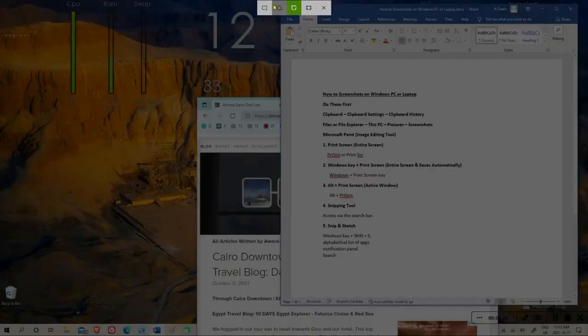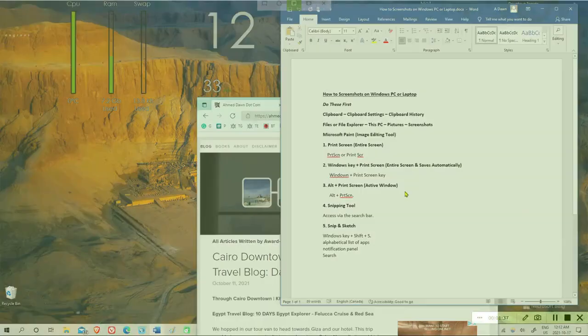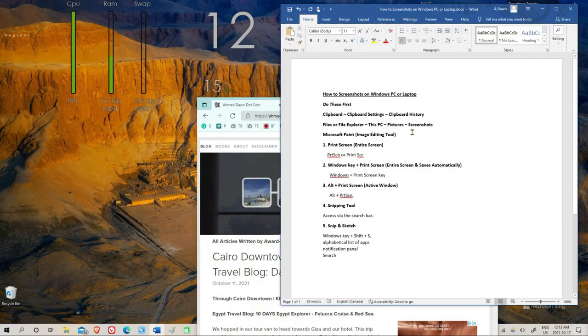Now you can see these four options on top of the screen, and these are basically the same options we had before in the snipping tool. For example, the rectangular snip, the freeform snip, where you can select what you want to snip, then the window snip, which is the active window, and the full screen snip. So it works the same way as the snipping tool. Let's say you choose the window snip and just click here, then it's going to save the window